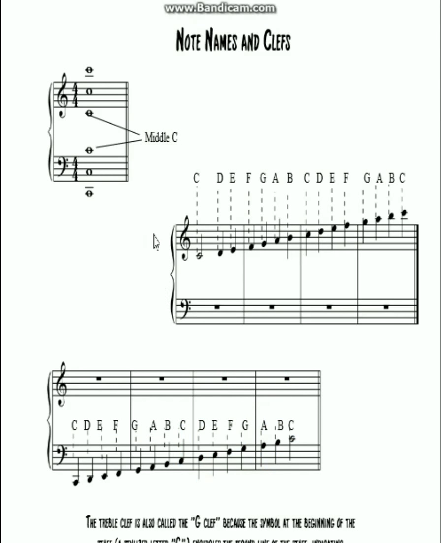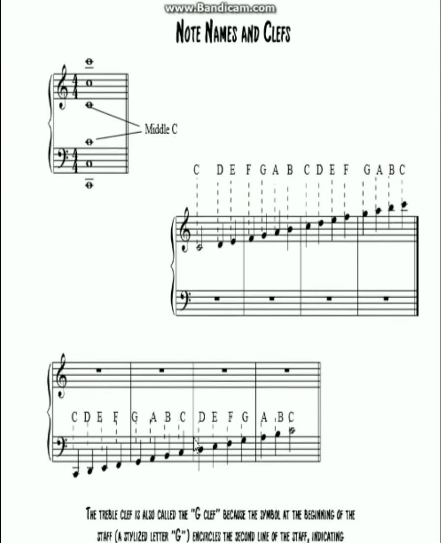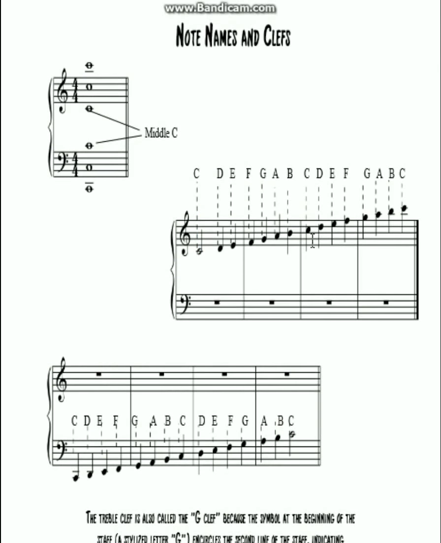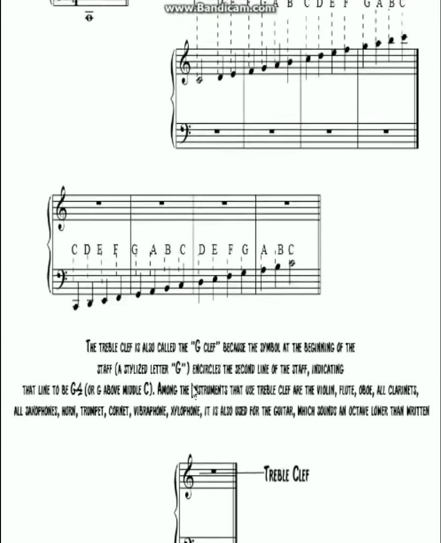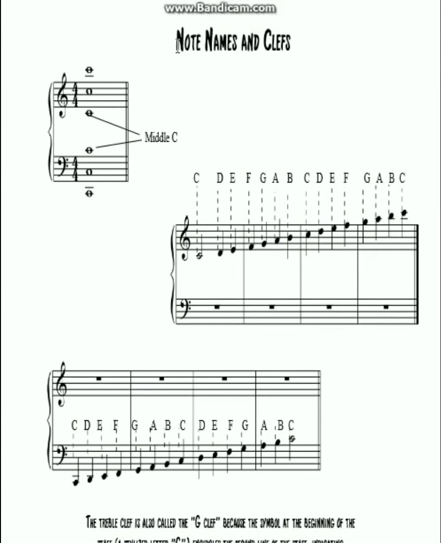Another name for middle C is C3, because it's the third C in the grand staff. The first C is C1, the second one is C2, the third is C3, then this is C4 right here, and then this one is C5. So yeah, that is all the notes